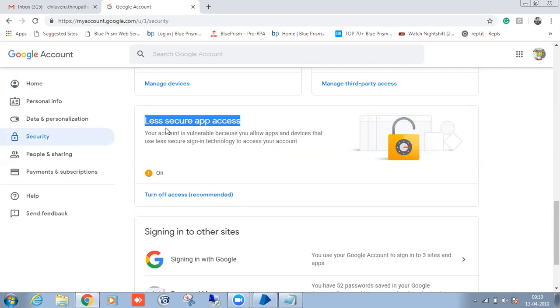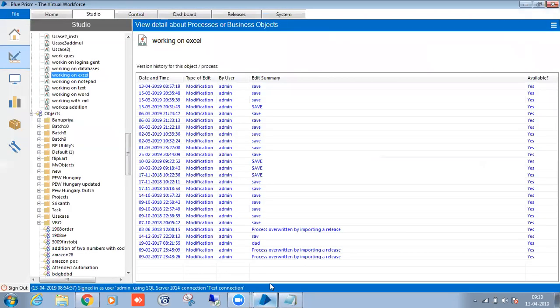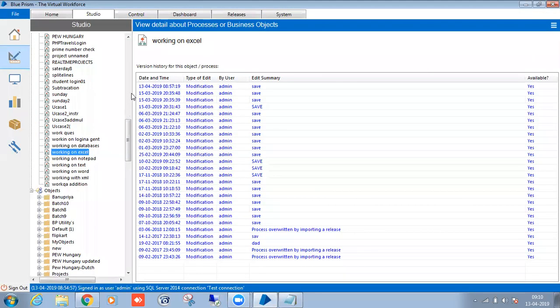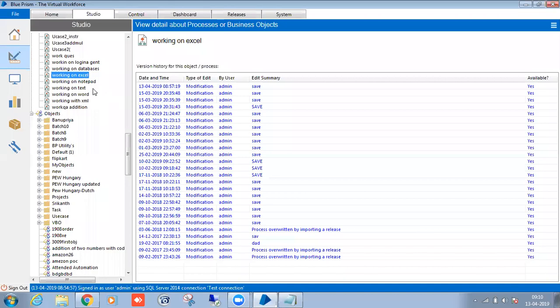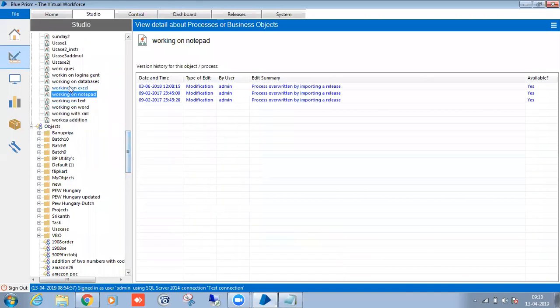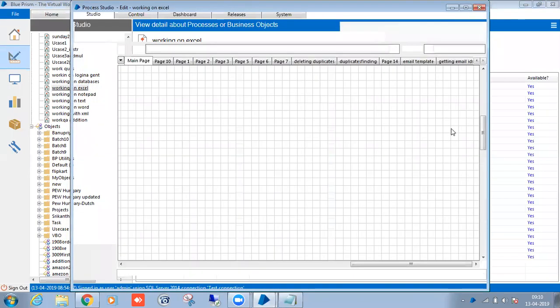Okay, in real time, all the configurations will be done by the networking people. We just have to use the VBO and configure the actions, that's it. All the VBOs we already have, we just have to call the functions, that's it. Okay, so now I'm opening the action. So there is already one.